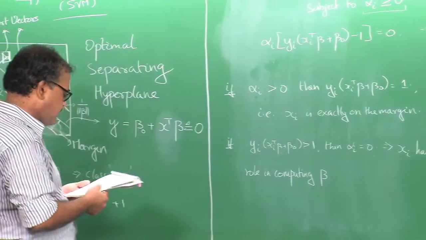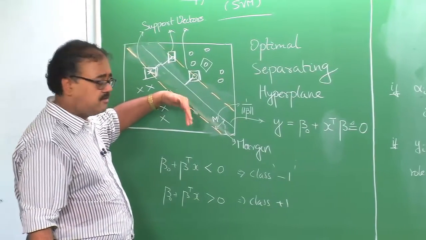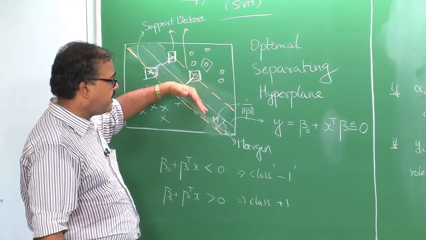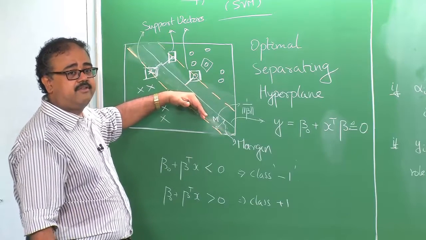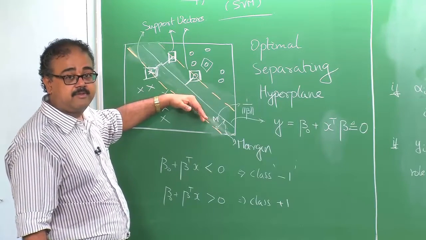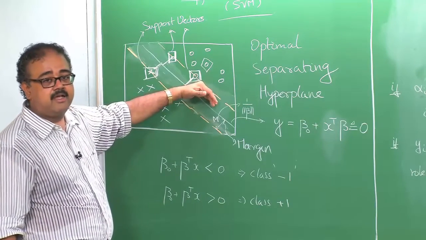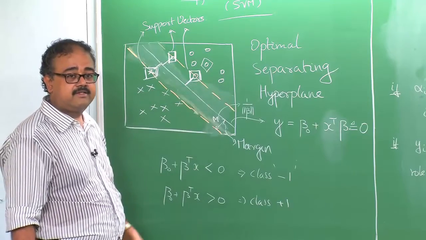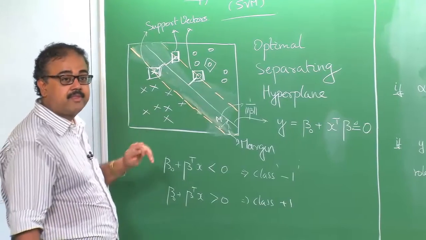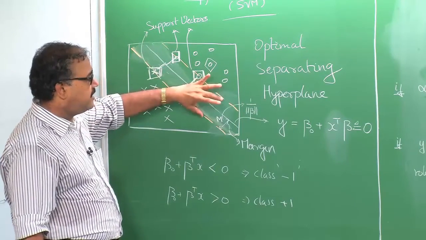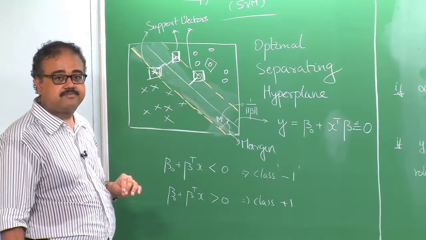So, a couple of things which I want to point out about support vector machines. One thing is you should be very clear that none of the training data will fall within the margin, okay, but that is not to say that the test data might not fall within the margin, right. The test data might fall within the margin, it might actually fall on the other side of the hyperplane. So, there could be errors on the test data, it is just that on the training data, it tries to fit something that is as far away as possible from the data points. Okay.